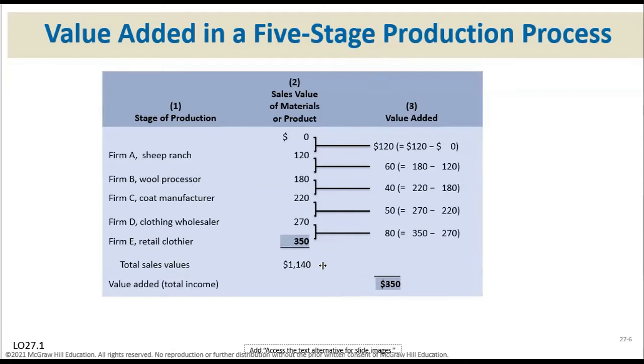compared to if you just add it blindly at each stage of the process. You might inflate the value and come up with 1,140, and that 1,140 has multiple counting in it. So there are two ways to do it: you wait until you get a final product and account for the final product, which is what you add into the calculation of your GDP, or you count the value added at each stage of the production process.